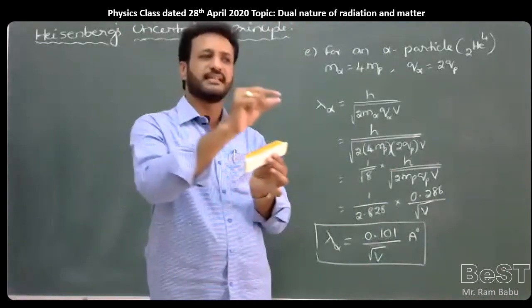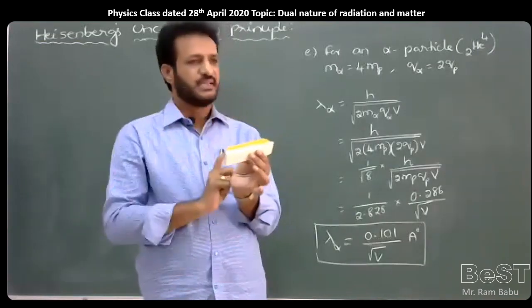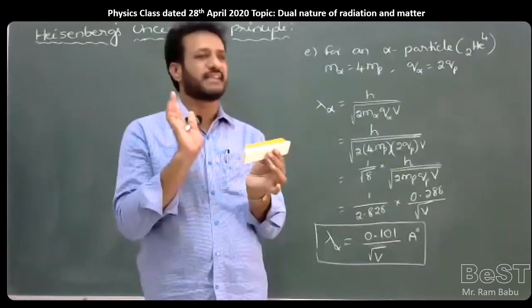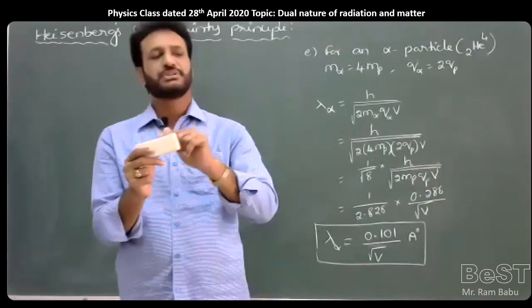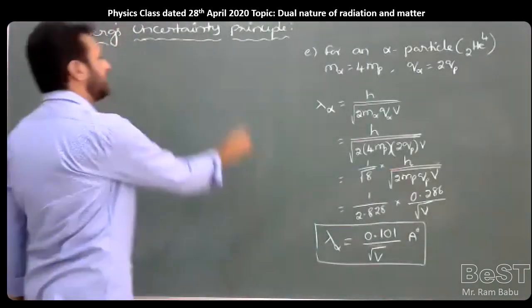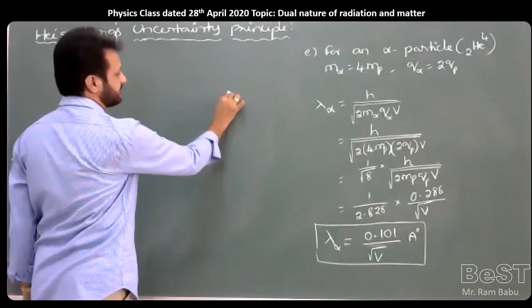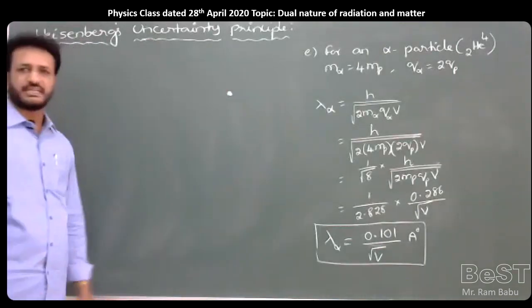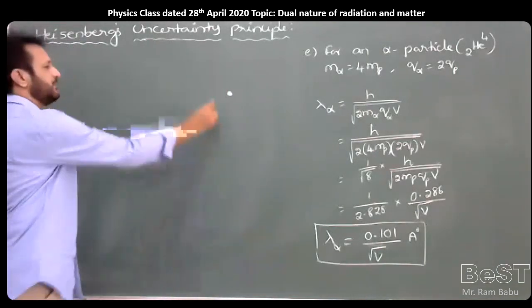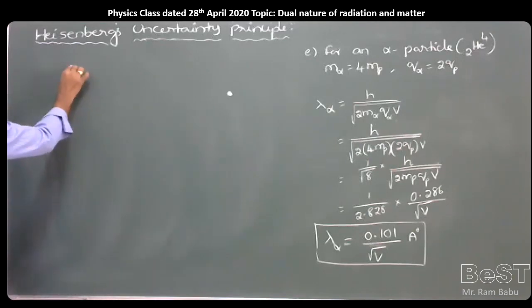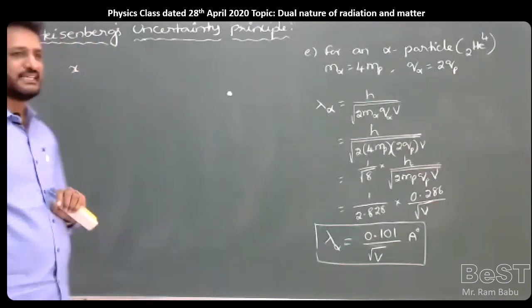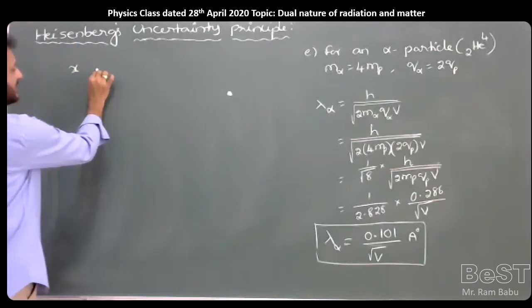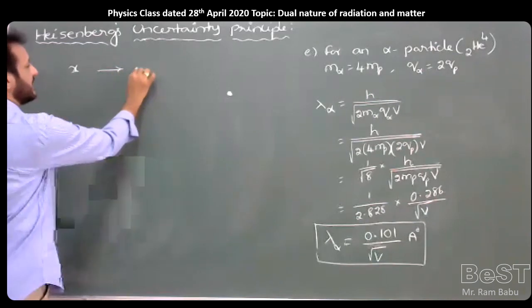For example, if you find the position of the particle exactly at a particular instant, we cannot find the momentum exactly, and vice versa. If the momentum is calculated exactly, we cannot find the position accurately. For example, a particle is in motion in space, and a number of waves are associated around it. At a particular instant, x is the position of the particle, and there will be some error or uncertainty in x, which we write as delta x.